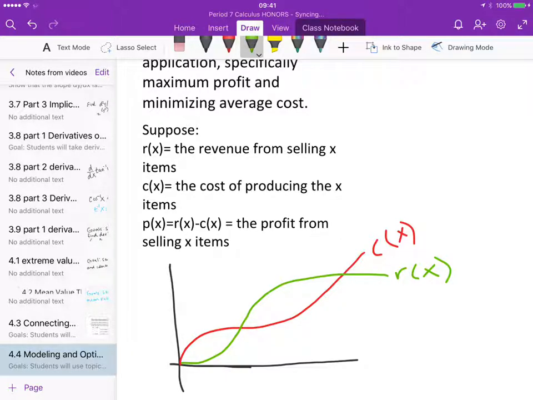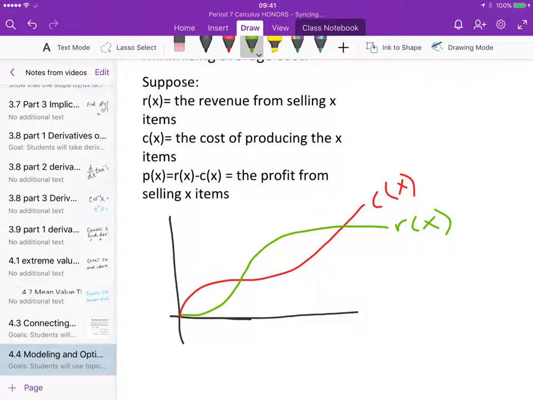Because think about what's happening here on these particular graphs. These points in which the cost and the revenue are intersecting with each other. Think for a second as to what is really happening at these 2 points of intersection. Hopefully you understand the fact that when they intersect, that means that you are just breaking even. And no business just wants to break even because you're not going to make a living, obviously, doing that. So this is just really a break